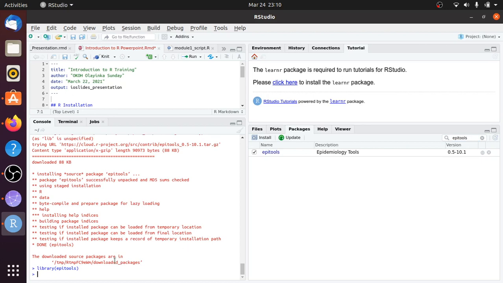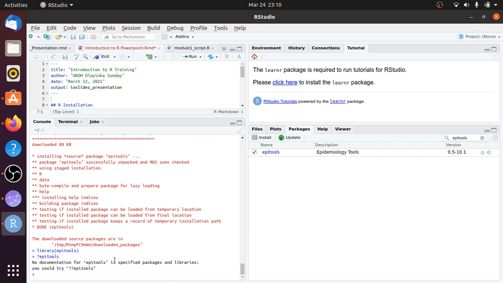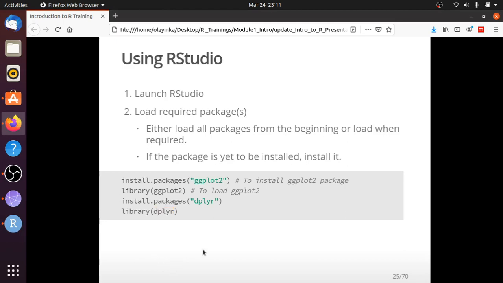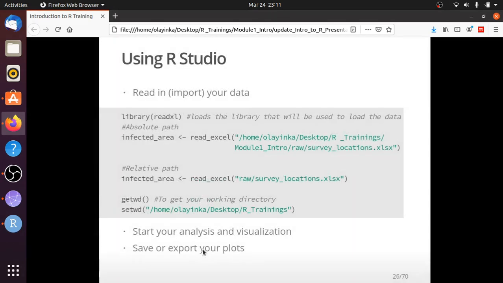So I have my EpiTools in my libraries now. No documentation for EpiTools is specified in the package and libraries. So you can see, when I take time to go through that, you see. So that's how you load your package. Let's continue with training. Now for us to use R to analyze our data, the first thing we need to do is